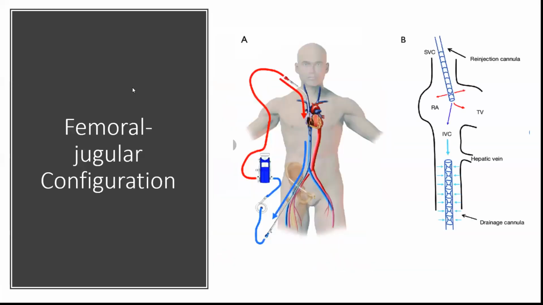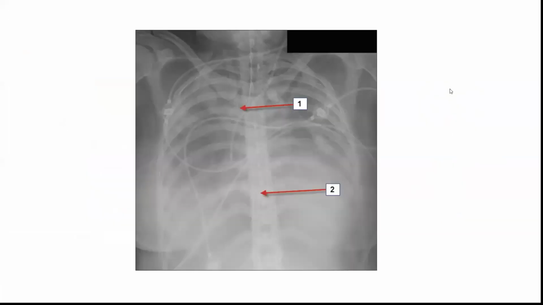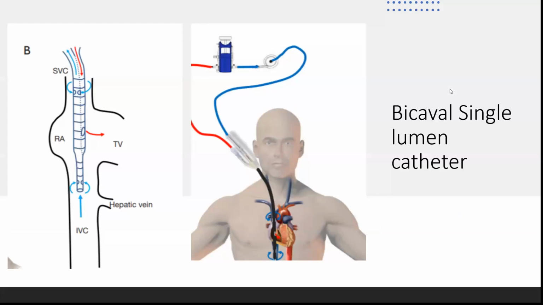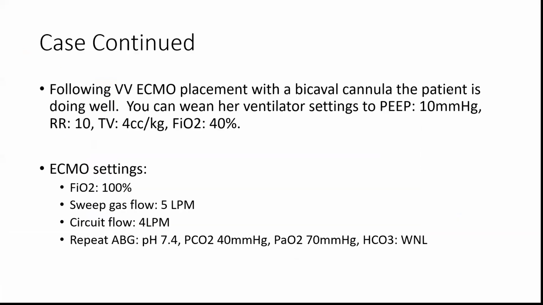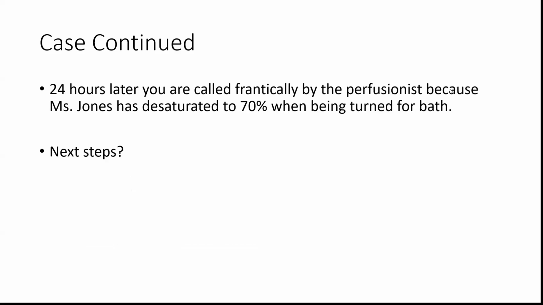Compare and contrast that to some of the others. If this gets pulled a little bit this way, that gets pulled a little bit that way. I mean, you may see some subtle changes, but you can see big changes, especially when somebody has that dual lumen single cannula. But to create an overall picture, you have a hypoxic patient on ECMO with ARDS. So I think you all mentioned great things. Develop an algorithm in your mind for how to address this,